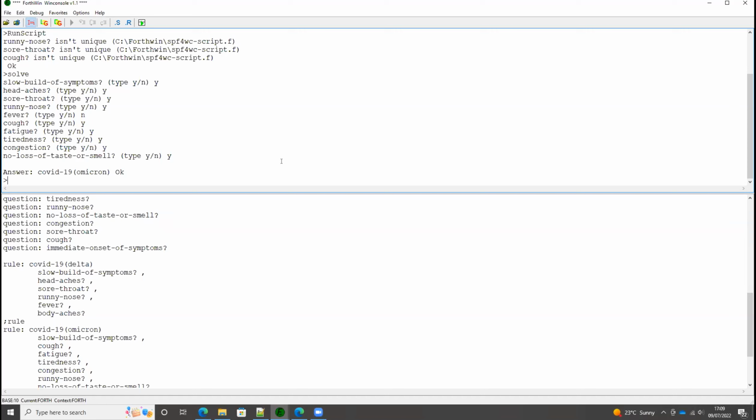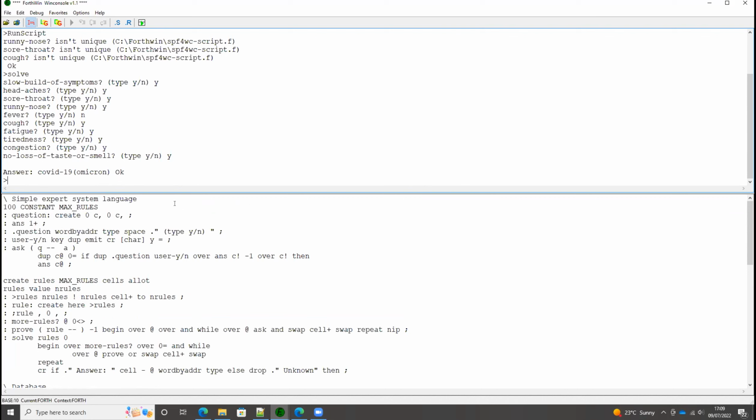So how does this work? What allows me to write in this language here, which doesn't even look like Forth? I mean, this looks more like Prolog than it does Forth. Well, let me show you. Simple expert system language. I define a constant. And then on the next line, you see the really, really key part,